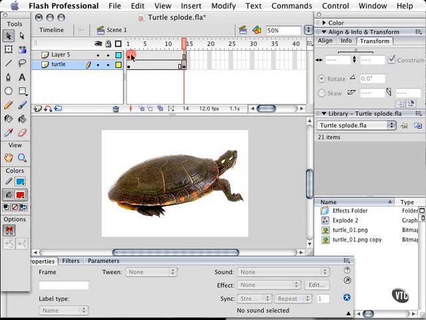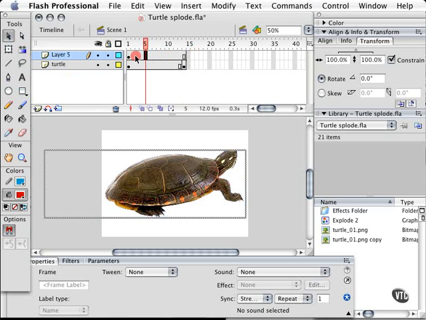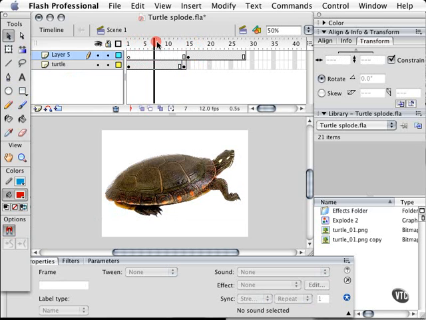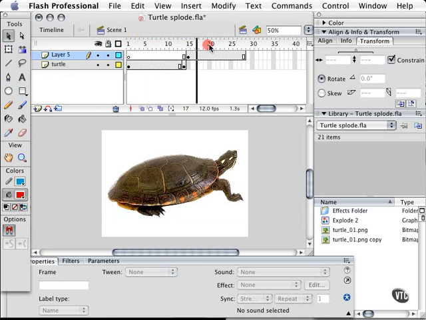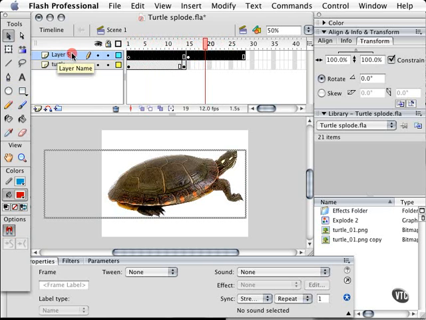And then I want to move these frames over for this turtle here. So I'm going to go ahead and highlight them all by holding down the Shift key. I'm going to move this over like so. The idea is that I want the animation to play right here, and then when it gets here, I want the explosion to happen. So on layer 5, which is where the explosion is going to occur, I'm going to